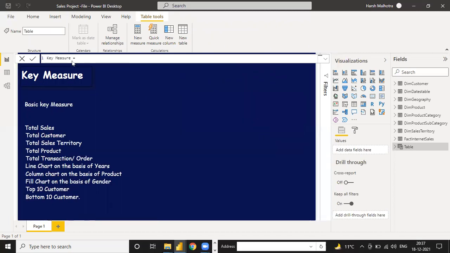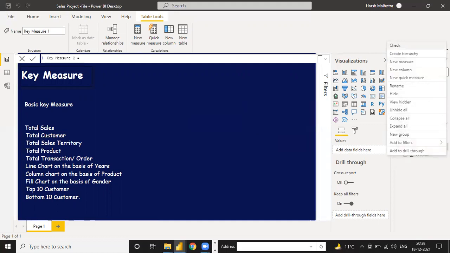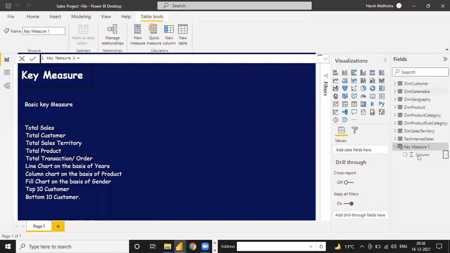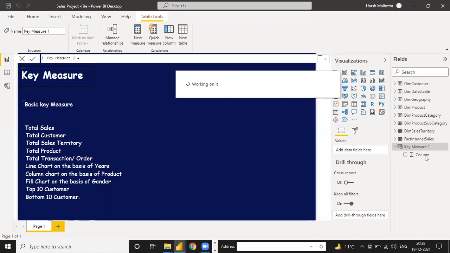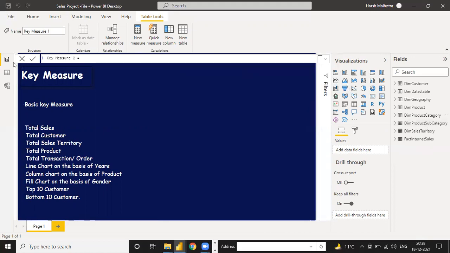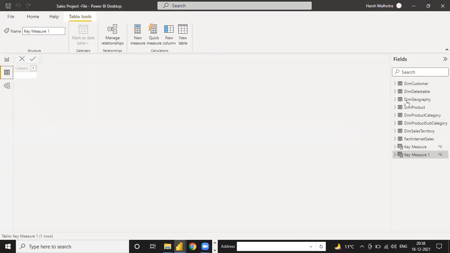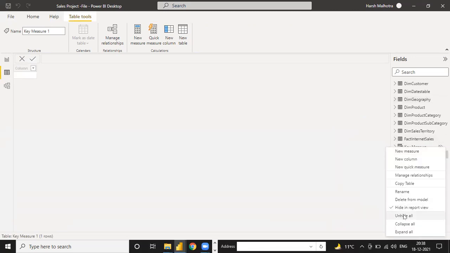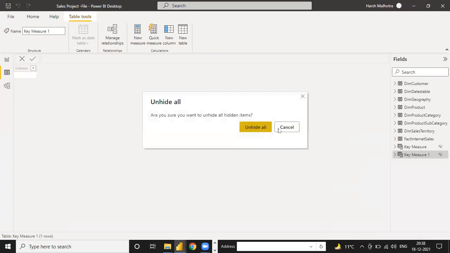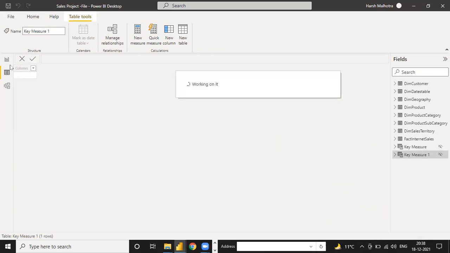Okay, I think this table is hidden. So I can write key measure 1. I think I should hide the complete table instead of the column. So right click on this and hide. The column is hiding only. Okay, why is the complete table hiding? Let me just unhide this. First I need to create one measure, then I can hide, because I think there is one step.